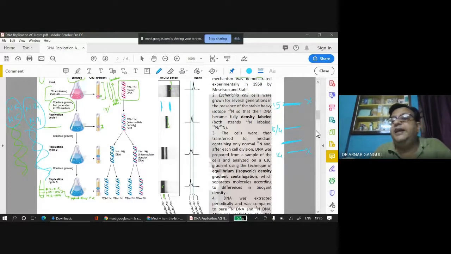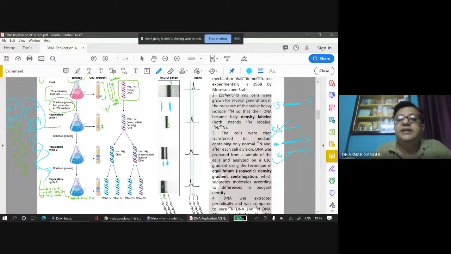You would have expected another band in the center if it was dispersive, because generation after generation, N14 is getting into the strand. যত জেনারেশন যাচ্ছে তত বেশি N14 ঢুকছে, N14 যত ঢুকছে তত হালকা হয়ে যাচ্ছে, এটা তাই জন্য আরেকটু হালকা হয়ে যেত এখানে। কিন্তু তা না হয়ে, you found this band and the hybrid band. Hybrid band একটু হালকা হয়ে গেল,